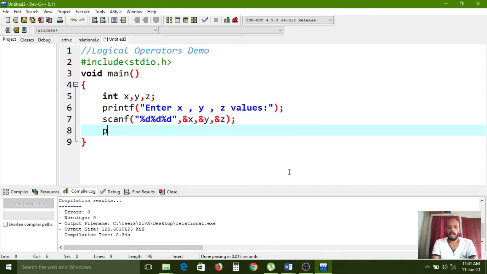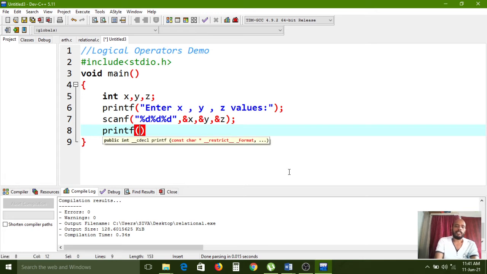Now I am writing one printf function. Here I am checking two values, x and y, with the logical AND.